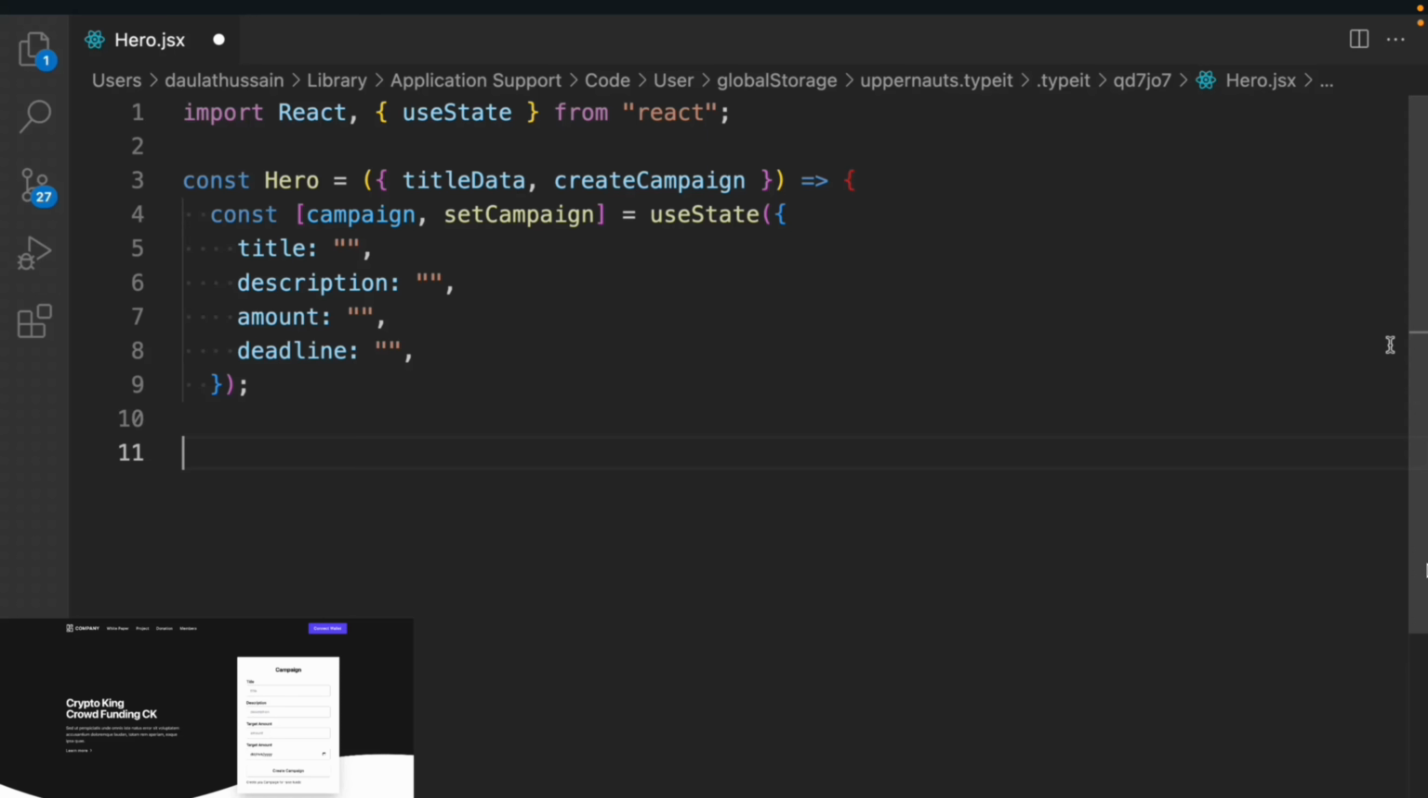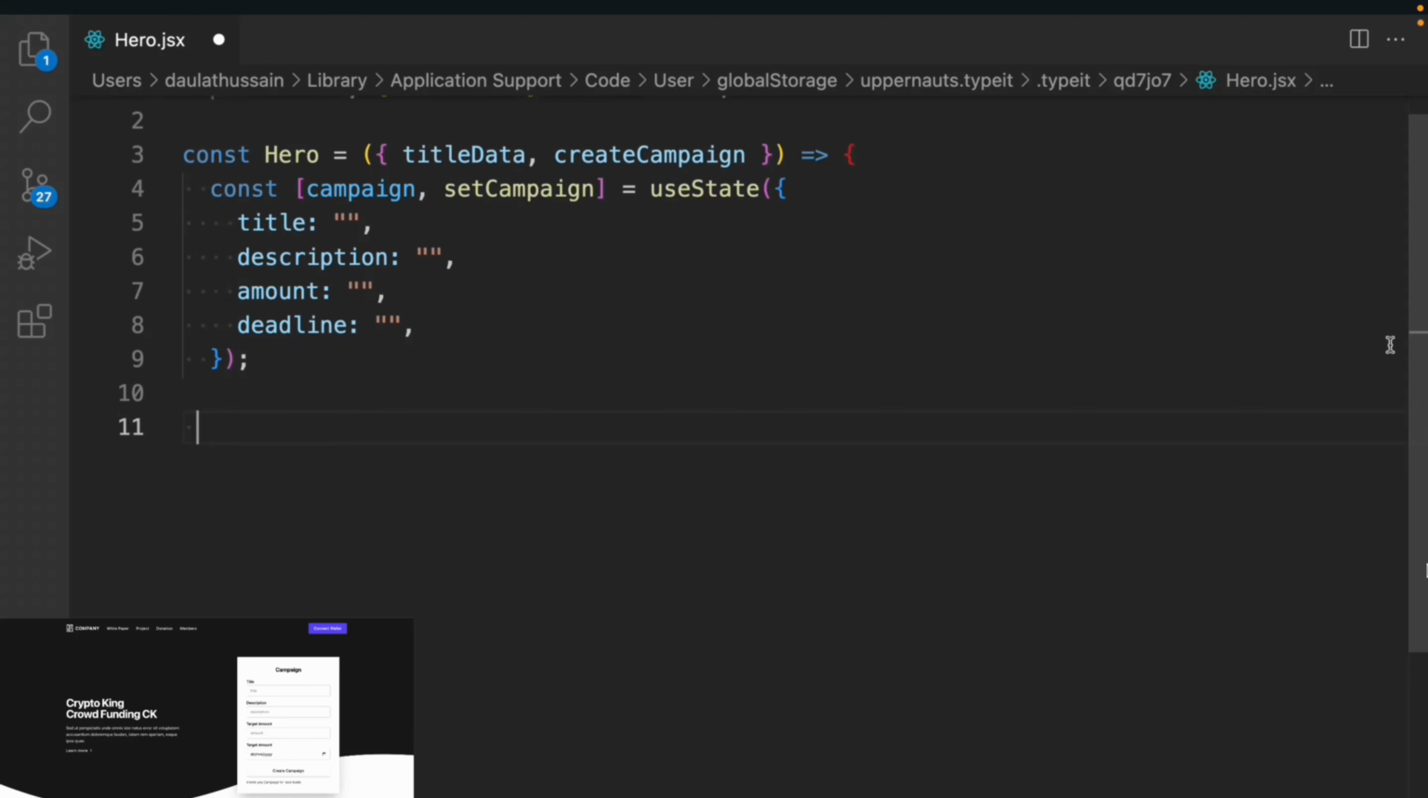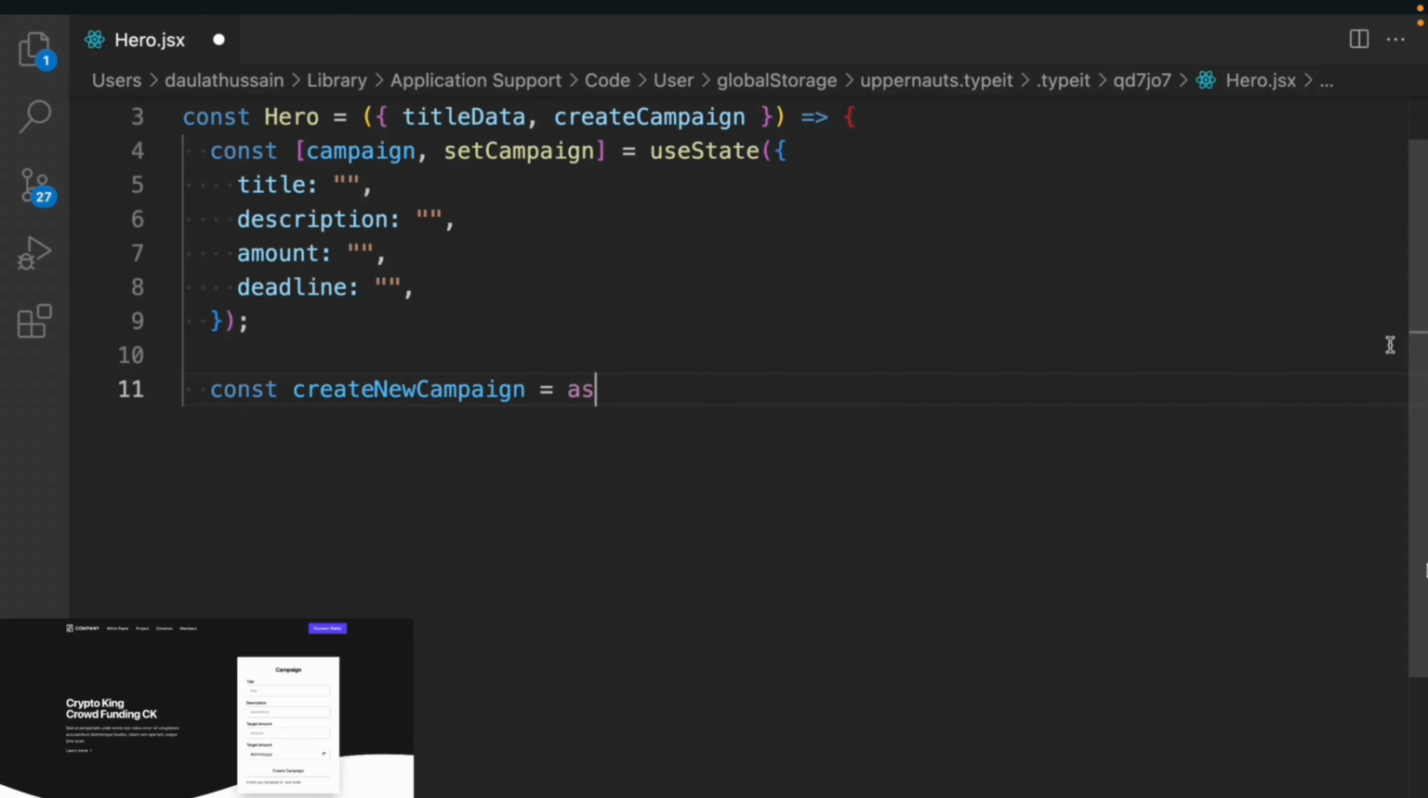You can add multiple data, depending on the complexity of your smart contract and the application you want to build. So these are the state variables we have for the campaign. Now let's come here. We're going to take a variable called create new campaign, and inside this we're going to